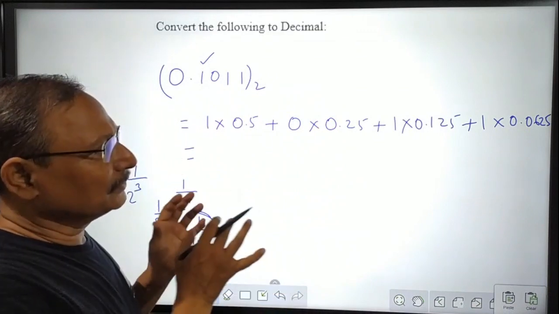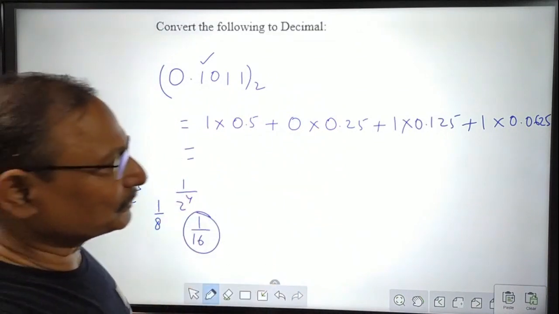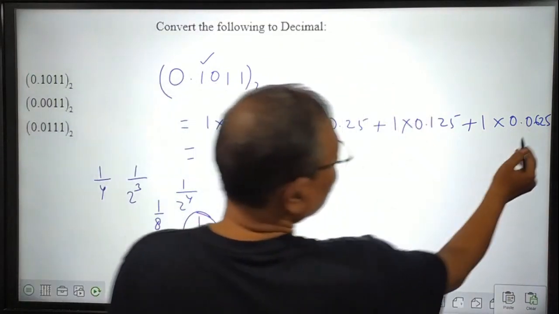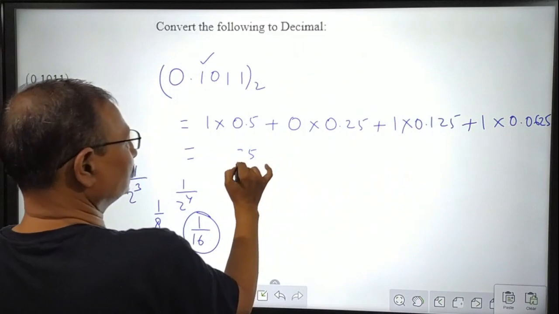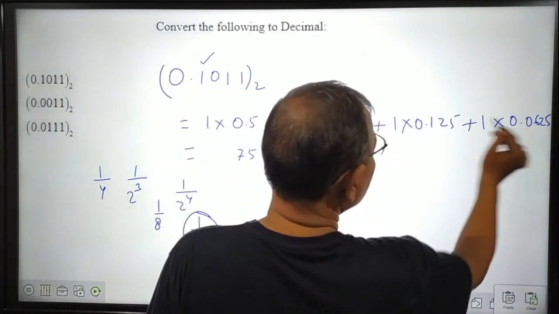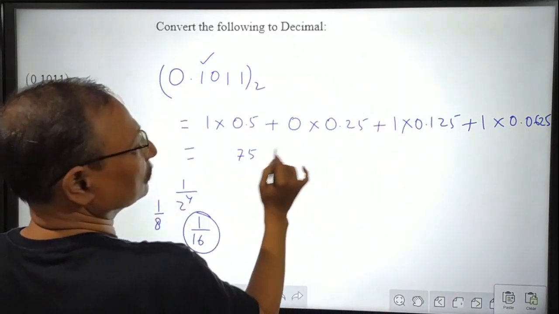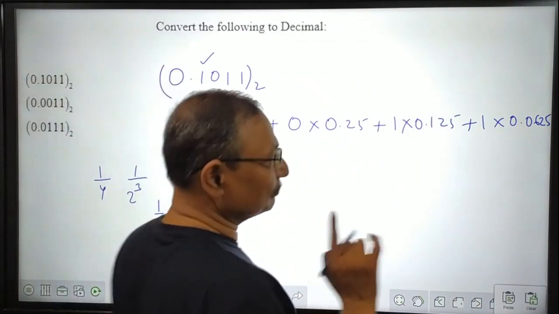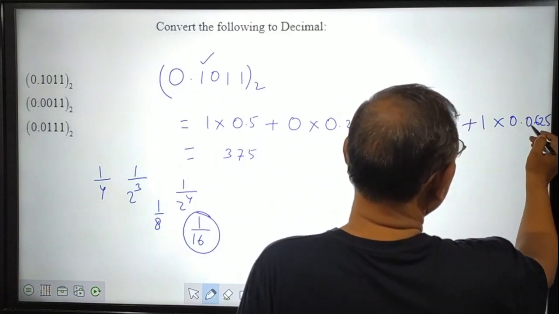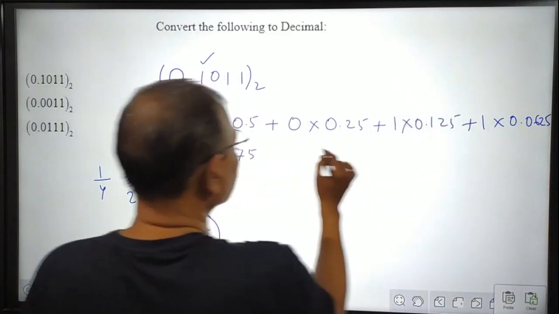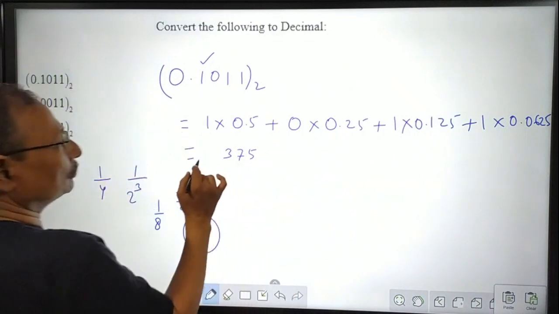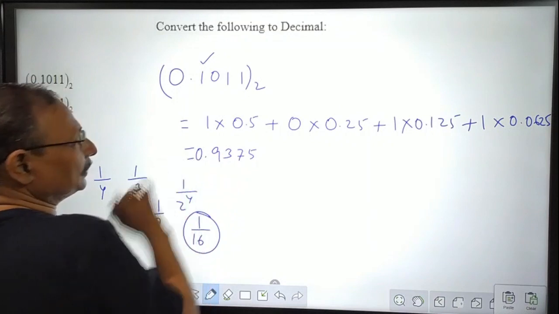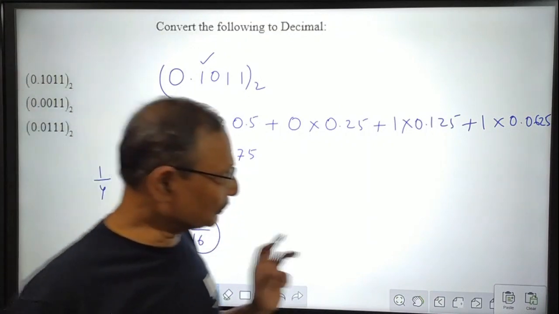So after multiplying them we add them, so that we can find the fractional digits in the decimal system. So add them: 5, so it will be 5. 2 plus 5 is 7, 7. 6 plus 2 is 8, 8 plus 5 is 13. So right here 1, so 1 plus 1 is 2, plus 2 is 4, plus 5 is 9. So it will be equal to 0.9375. We should check it.